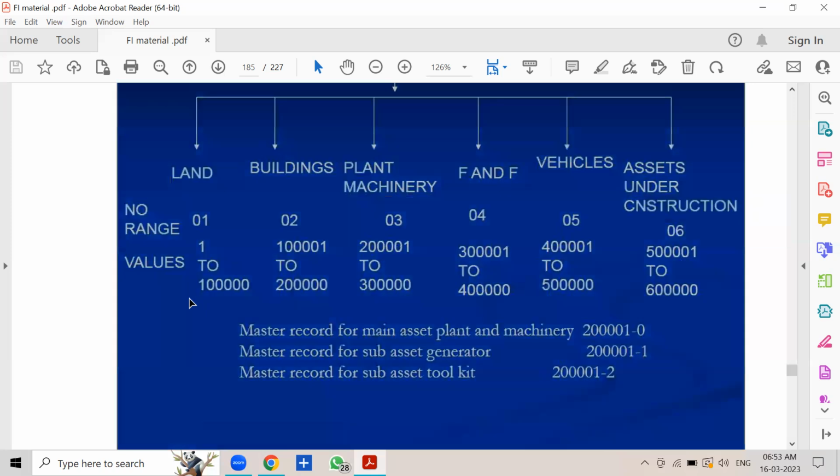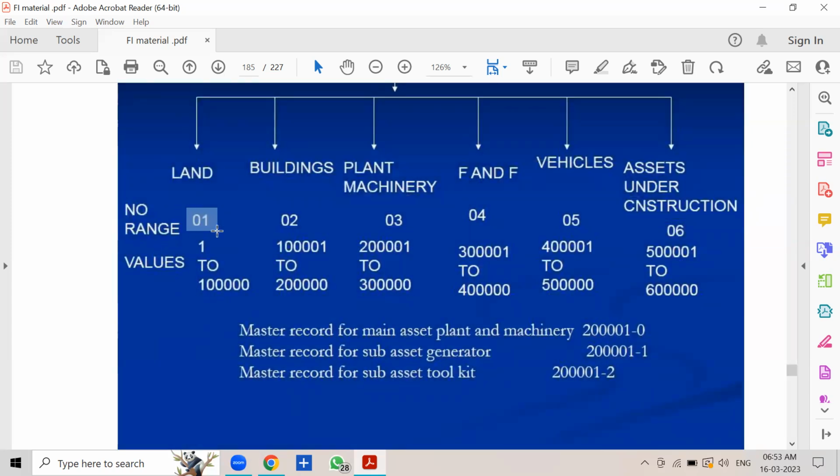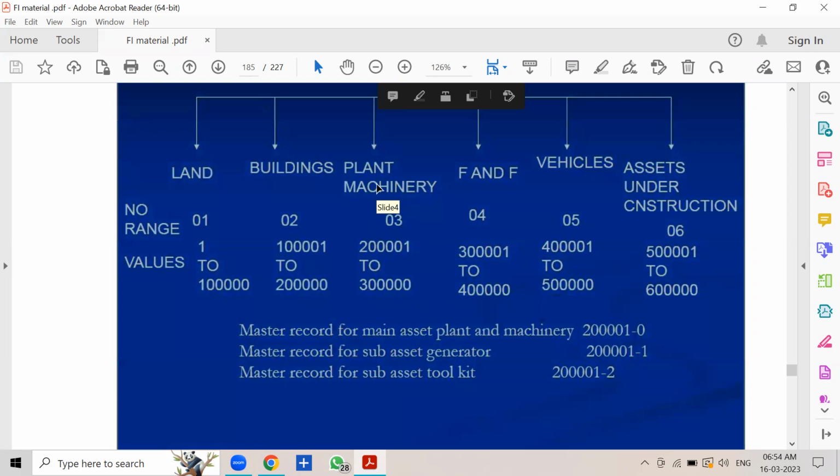First, you define the number ranges. Say, for example, number range 01. For number range 01, we assign the values 1 to 1 lakh. For number range 02, we assign the values 1 lakh 1 to 2 lakhs, just as an example. Then for number range 03, we assign 2 lakh 1 to 3 lakhs, and so on. After that, we assign number range 01 in the land class, number range 02 in the buildings class, number range 03 in the plant and machinery class, and so on. So when you create the master records for the individual fixed assets under the respective asset classes, the system will